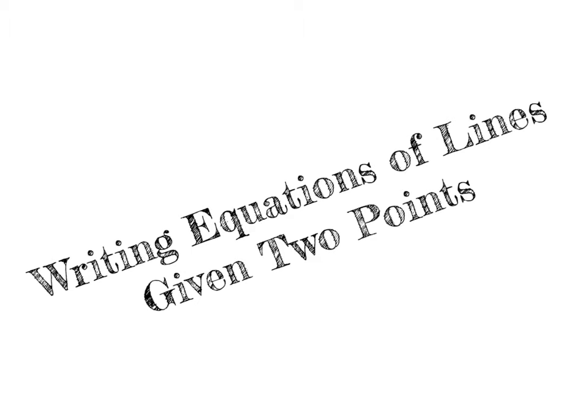So today we're going to look at writing equations of lines given 2 points. Now keep in mind, so far we have done things like if my slope is 3 and my y-intercept is 4, we want you to write the equation y equals 3x plus 4. Okay, but today we're going to give you 2 points that are on the line, and from there we're going